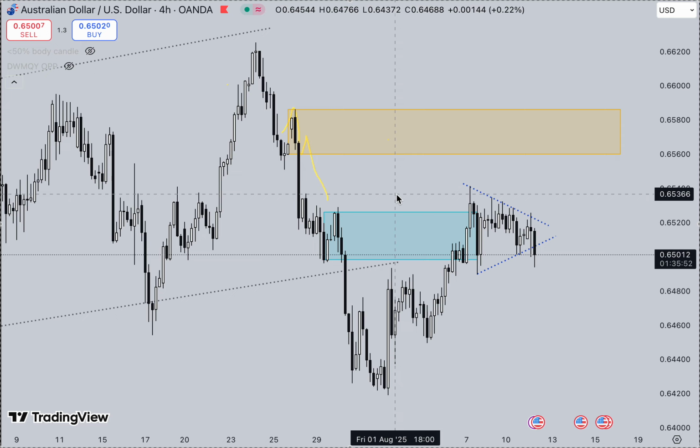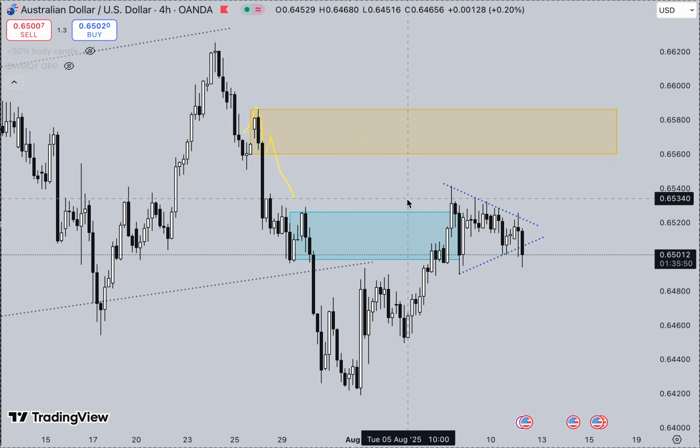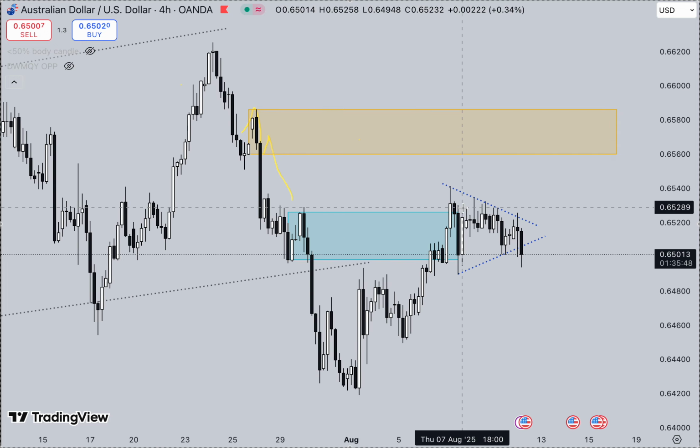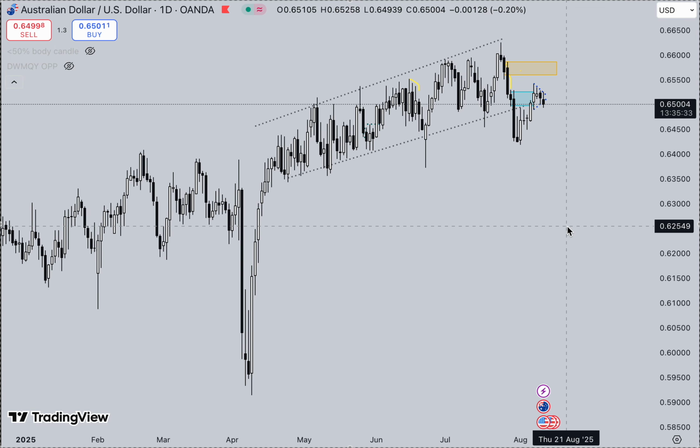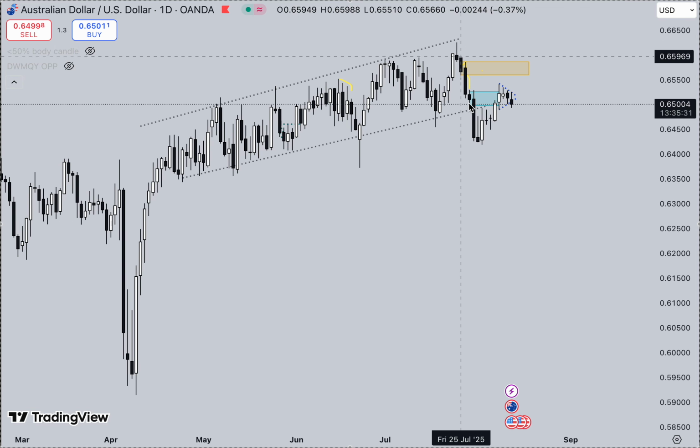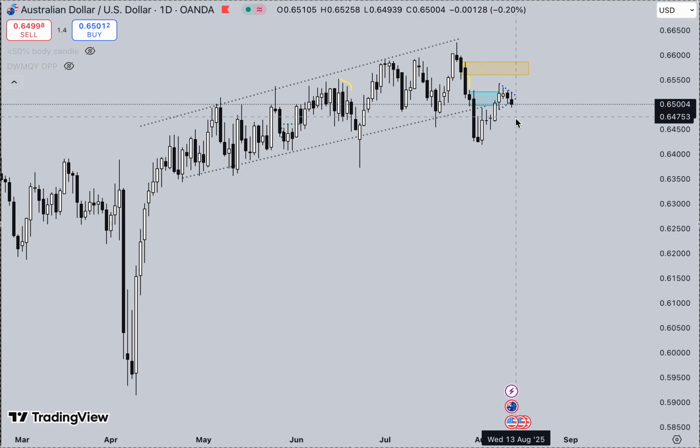AUD beautifully took out that liquidity as we wanted last week. It took it out, and then we entered this consolidation, which is giving us this symmetrical triangle wedge sort of thing, right? So the first thing, we're looking for a sell according to the market structure. So we have this breakdown and then retrace, but we can still get higher prices, right? So we always gotta be careful